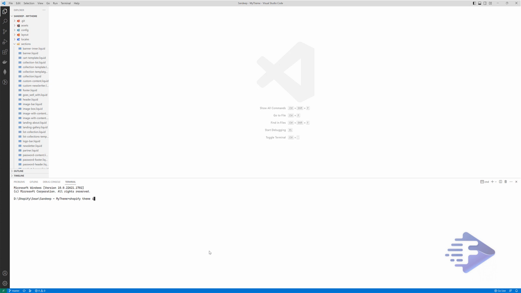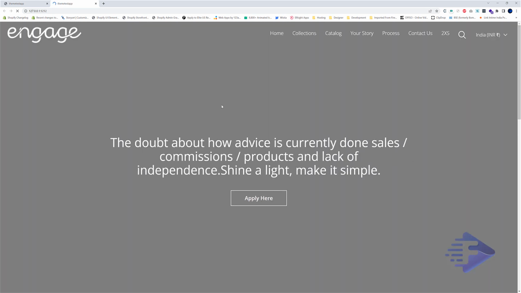Let's see which theme we are using. Info. Okay, so it's the Shopify theme, and that's our development ID. So let's run it. This is our live preview of the development theme.